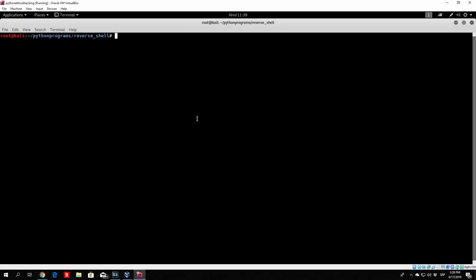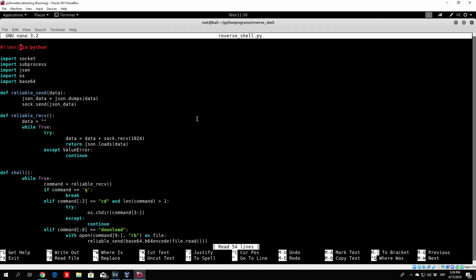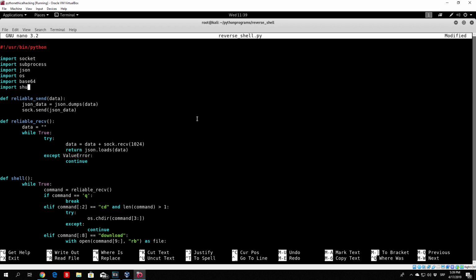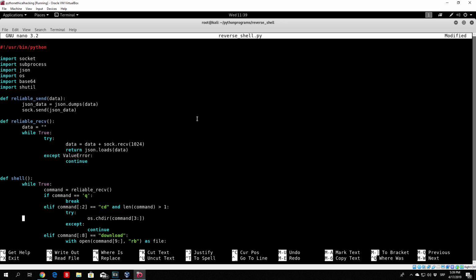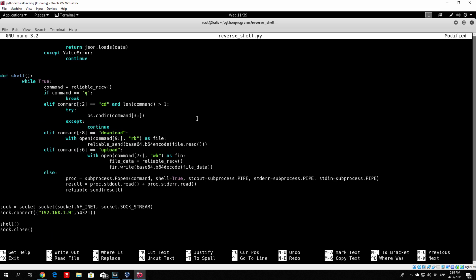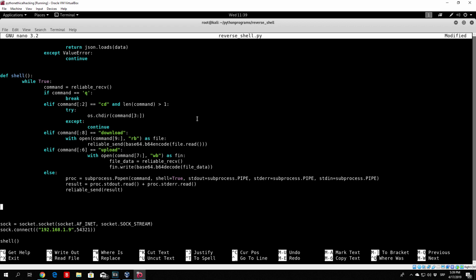In order to do that, we will need to import a library in order to copy our file. So let us nano the reverse shell first of all, and import a library which is called shutil. So import shutil right here. And where do we want to create the persistence itself? We can create it at the beginning of the code. So before it even connects back to us, it will perform the copying of the file, and then it will connect back to us. So what we can do is create a variable called location, which will store